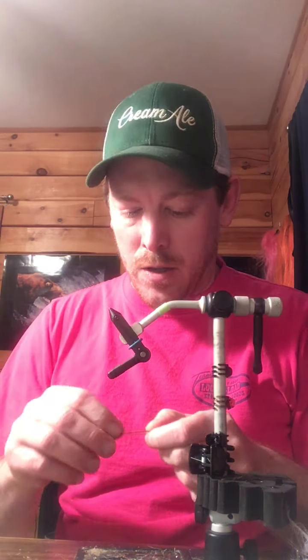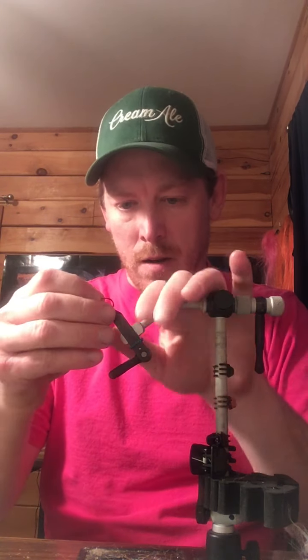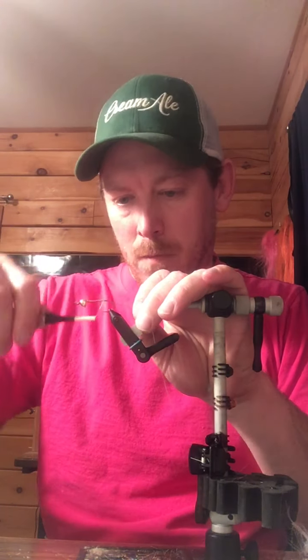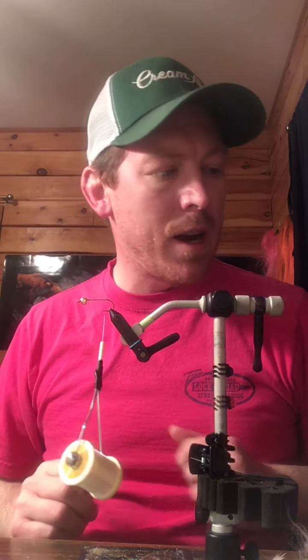So starting with a size 4 streamer hook, 2XL, and a little brass cone. Stick that on there first. Stick her in the vise. Thread color I don't think really matters with this fly just because everything's going to get covered up. But you need something that's a little stout. I like the 210 denier flat wax because that gives me enough that I can put some pressure on this